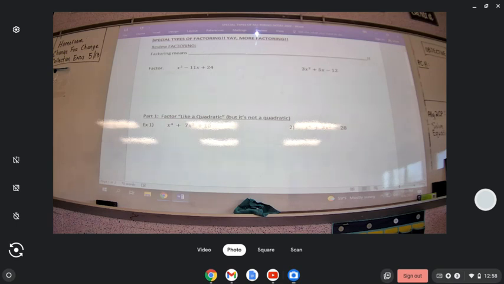So I need to show you a couple different factoring techniques today. After we are done with them and you see the techniques, it's your decision. I'm going to post a homework assignment for the weekend that will be optional. If you would like to practice these new techniques a little bit more, you can go into the homework. You can do a couple problems, you can do all of them, you can do none of them. It's your decision. These are just techniques, though, that you're going to have to be aware of when we start